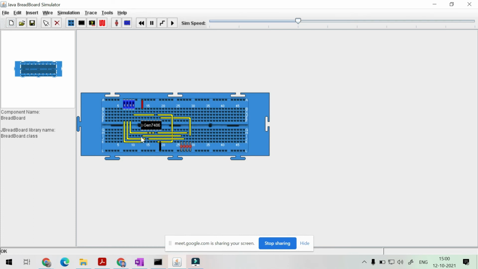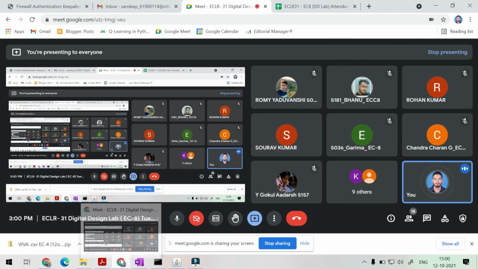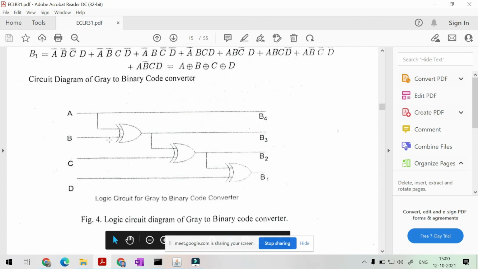I have given this input, and the second, that is C, for B we have to provide as the second input, and from this XOR we have to take the output as B3.